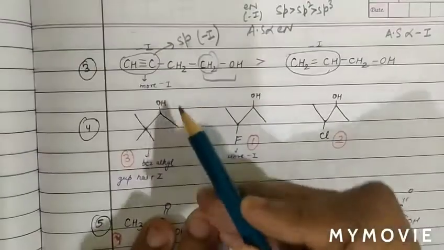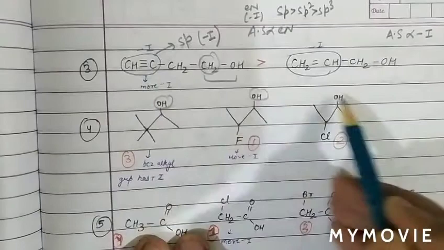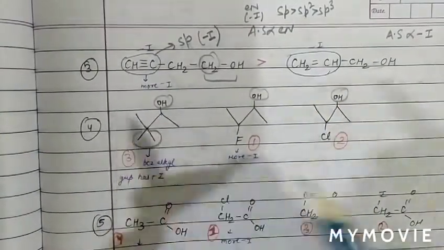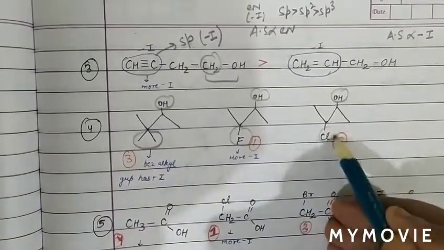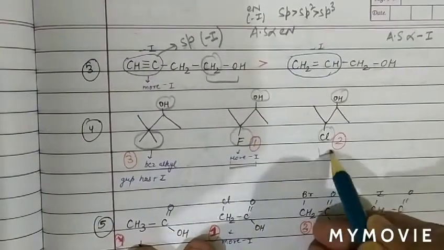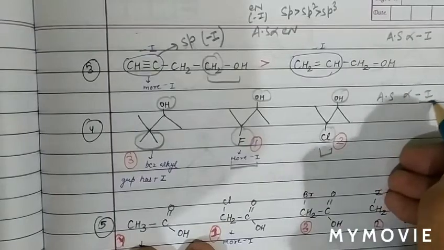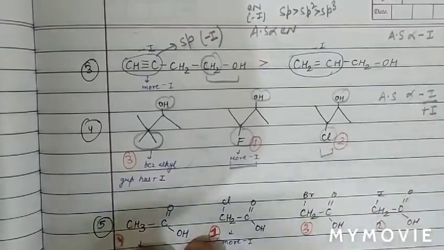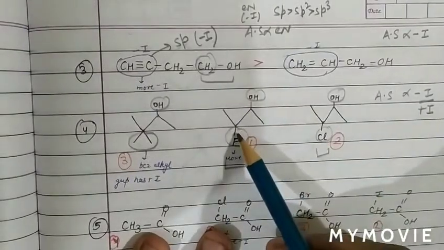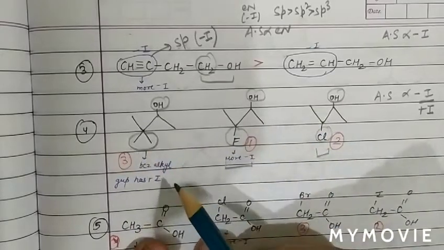The next question again, we can see this is the acidic group OH. With respect to OH, there are 2 plus I groups. There is a minus I group and there is also a minus I group. But the minus I nature of fluorine is more than chlorine. So we know acidic strength is directly proportional to minus I. So minus I increases the acidic strength and plus I decreases the acidic strength, inversely proportional. Therefore we can say the acidic nature of the compound containing fluorine and chlorine is more with respect to the methyl group.